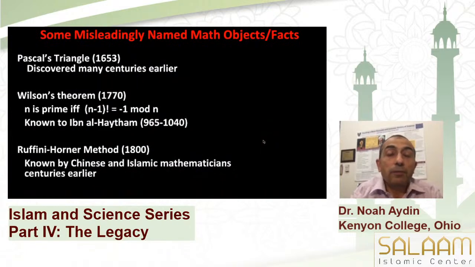And as a manifestation of this, there are many examples of misleadingly named mathematical facts or objects. Well, for example, Pascal's triangle. It is attributed to Pascal, but it was around for a long time before Pascal, many centuries before him. Like in Iran, it is called Khayyam triangle because Omar Khayyam talked about it, but it probably has even more,